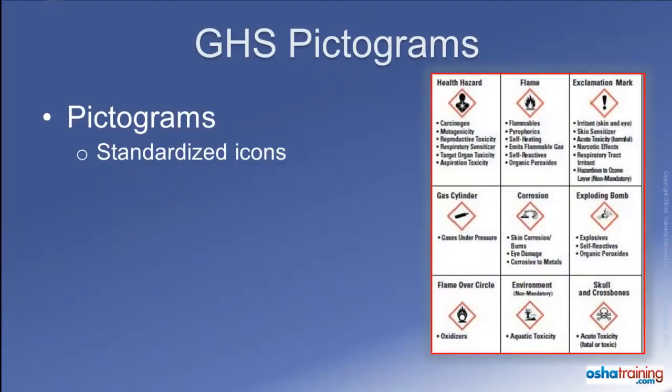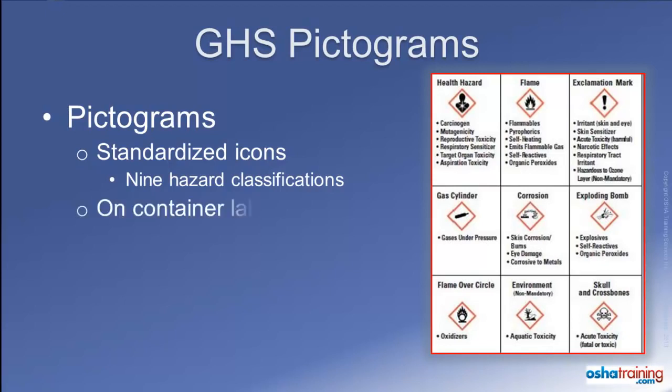Pictograms are standardized icons that alert workers to the various hazards of the product in a container. There are 9 different pictograms used in the GHS labeling system. Pictograms will appear on all container labels, each one depicting a different health or safety hazard applicable to the particular